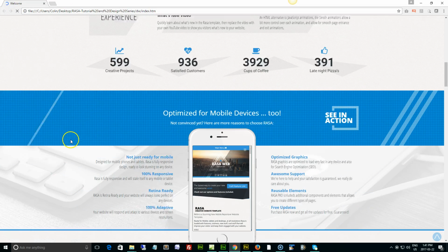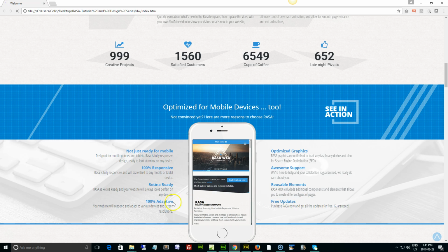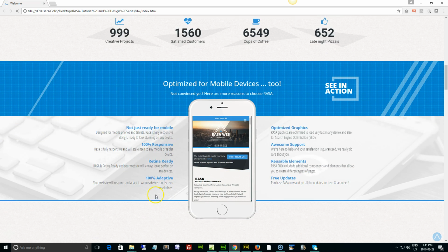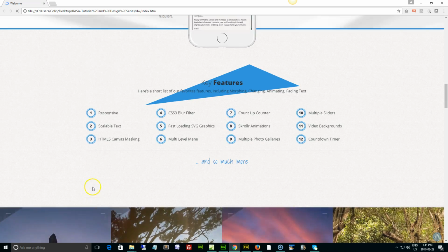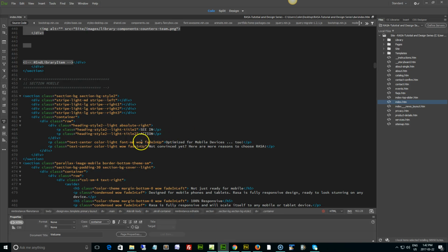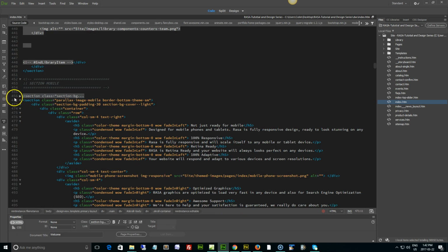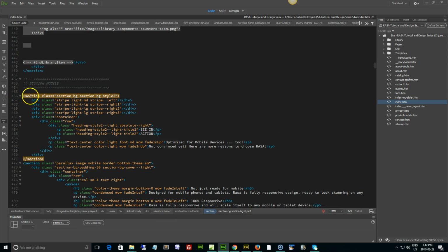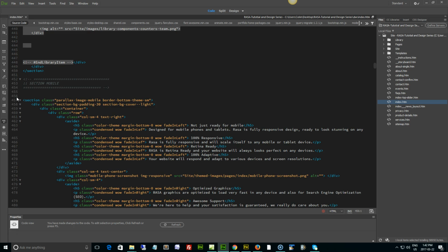Right. The easiest thing is, if you don't want all this fancy color and stuff like that, just get rid of the whole section, and then you can either use one of the other sections, or just plain text, or use one of the other layouts. But essentially, you could just go to the section here. See this section class? You can just grab the whole thing. When you see this section class of style blue, that's that whole top piece. You could actually just select the tag and delete the whole thing out of the page like so,